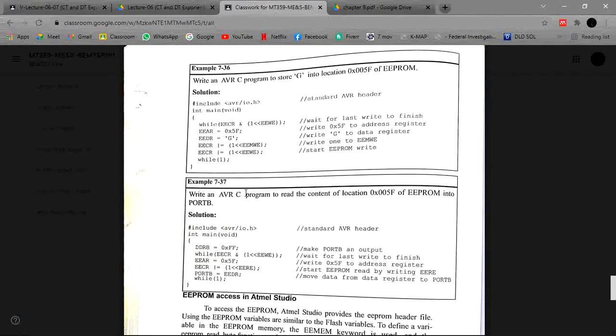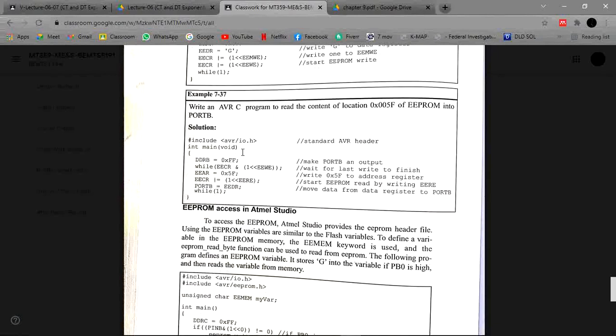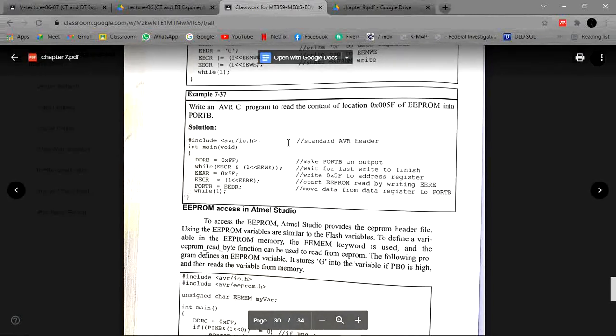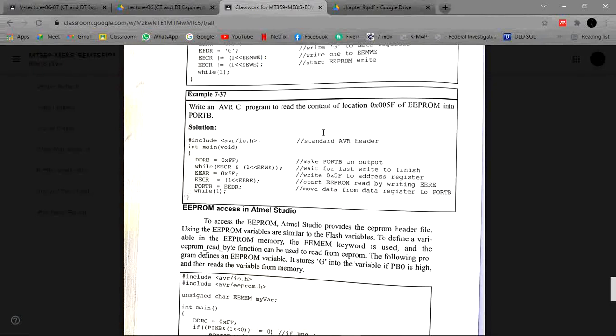Now in another example, we have to write an AVR C program to read the content of location 0x005F of the EEPROM into Port B. In this, we include headers, and after initializing main we set the direction register for getting output. In the second step we create a while loop for waiting for the last write to finish.